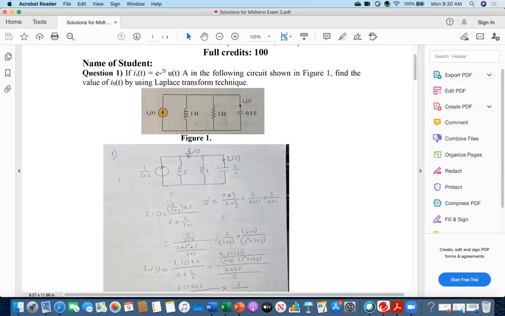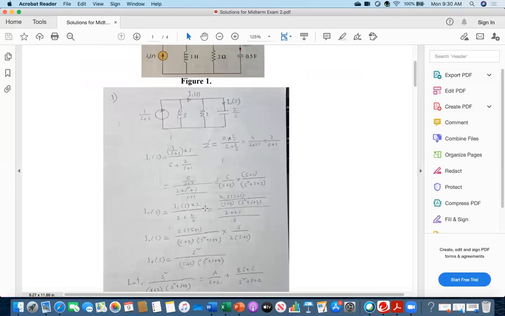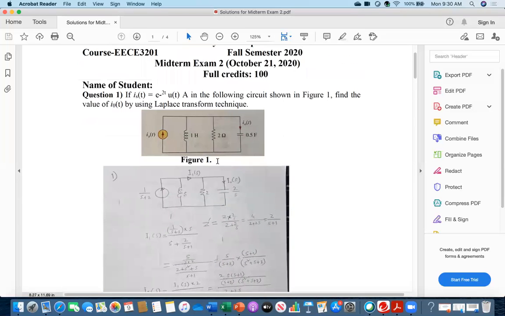And I am defining a new name of the current here, I_1(s). It was not in the circuit. I just defined this name. I'm assuming here the current is I_1(s). You might give a different name, no problem. So how I did, you see that handwritten calculation, how I did,